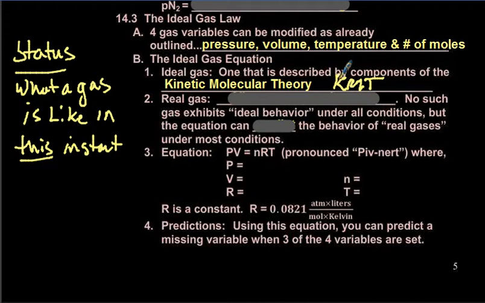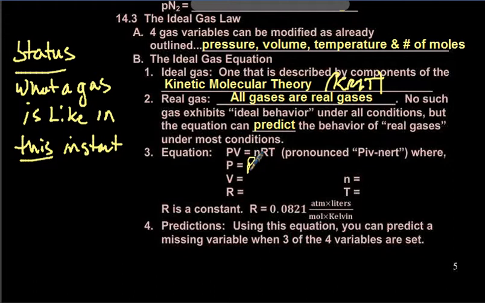The kinetic molecular theory that we talked about way back in 13.1. Now, a real gas, however, and all gases are real gases, does not exhibit ideal behavior under all conditions. But the ideal gas law is going to predict the behavior of real gases under most conditions, where it's pretty close. The equation is PV equals nRT. We pronounce it PV-NRT, where P is